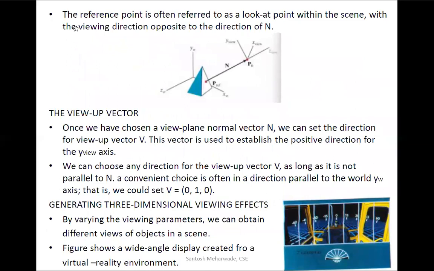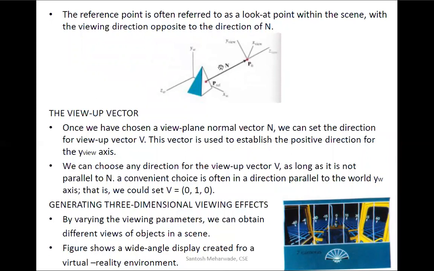Next, the reference point is often referred to as a look at point within the scene, with the viewing direction opposite to the direction of n. What is the meaning of this? If this is the object, between this object and the viewer the projection plane will come.